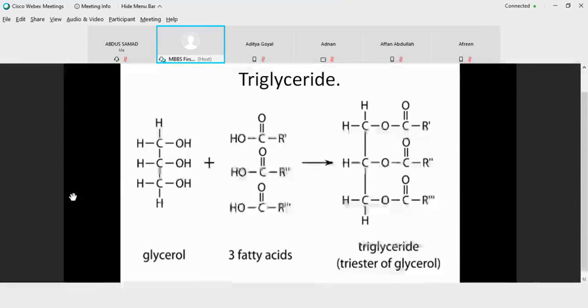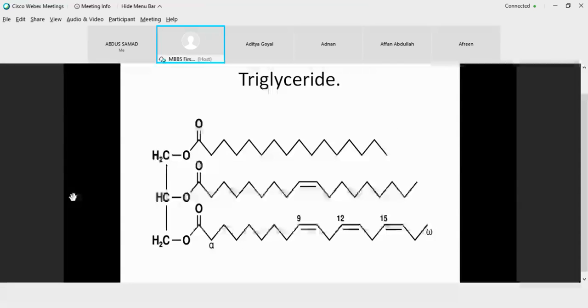So the structure is overall hydrophobic because both the oxygens are buried inside. And we have a long chain of hydrocarbon that is represented by R dash, R double dash. These are carbon chains. So a triglyceride is your storage lipid, and it's a triester of glycerol. That's why it's known as a triglyceride. So 1 glycerol plus 3 fatty acids. This is how it is represented.